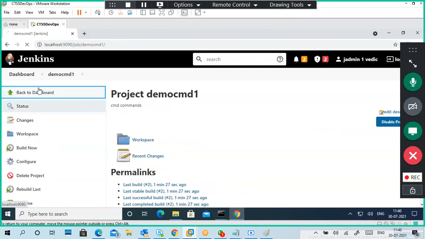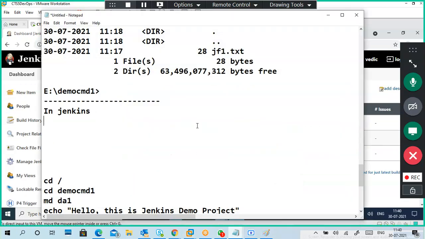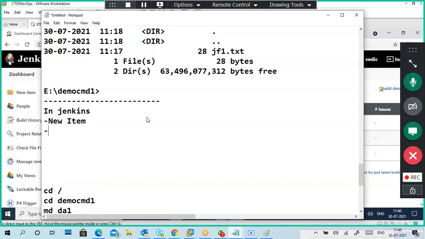So what I did: first of all, I logged into Jenkins. I went to New Item. When I go to New Item, it asks for a project name.